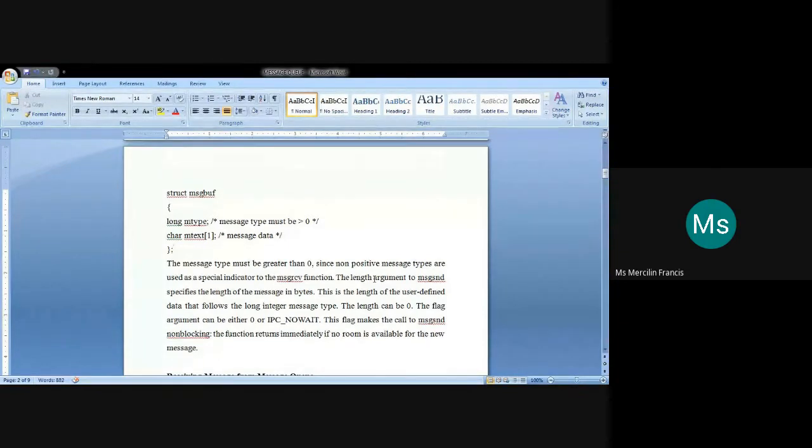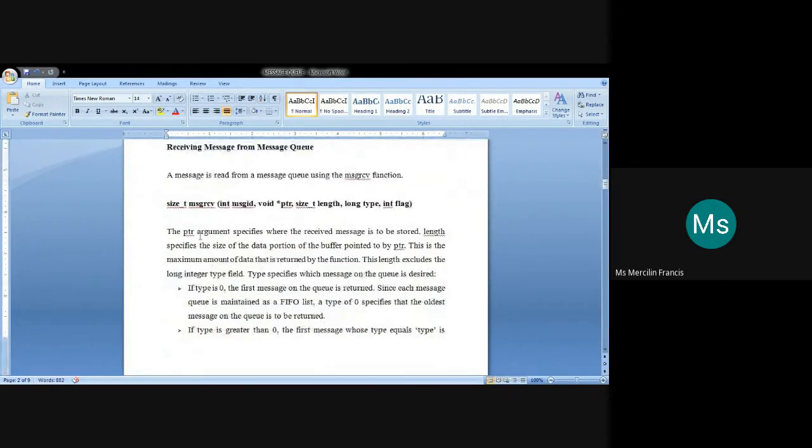For the time being, understand that you will have a message type and message text. This variable will be used to store the information that needs to be transferred from sender to receiver, or from receiver to sender.